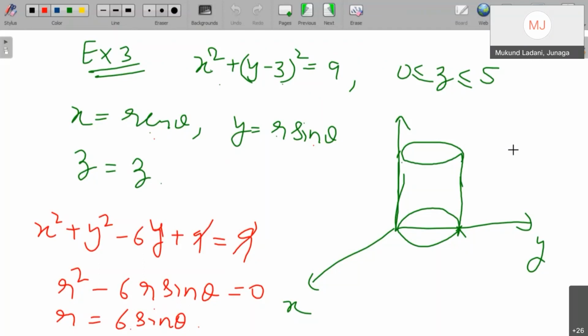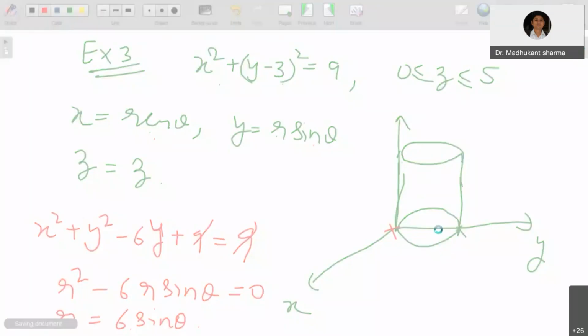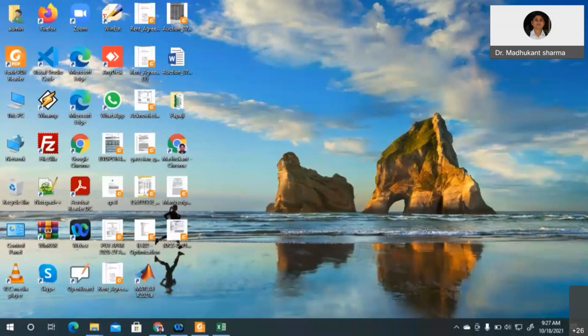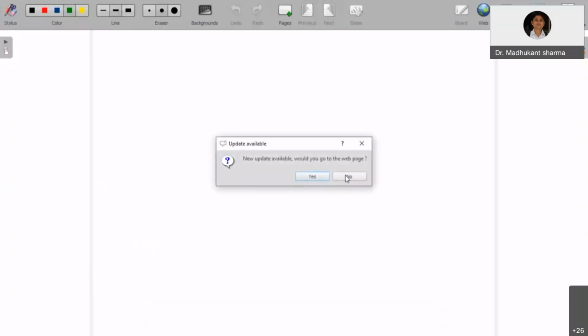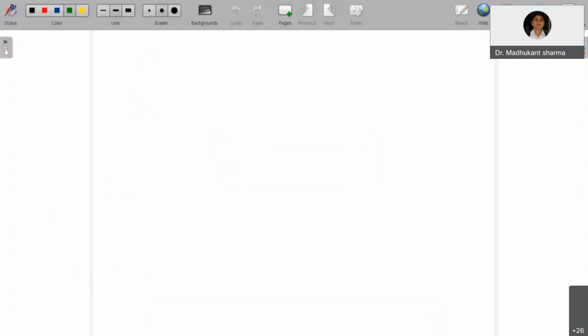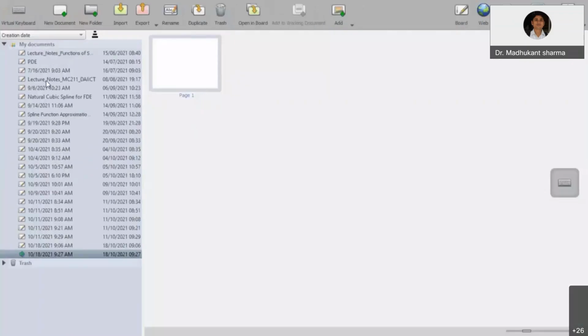I didn't get you, but I think I can give a hint as well. When you are talking about the polar coordinates, you are talking about from the origin. Instead of that, you could also have worked with x equals r cos theta and y equals 3 plus r sine theta, so that you are taking from there. But it is not the case. You are directly taking the polar coordinates, and that will give you this.